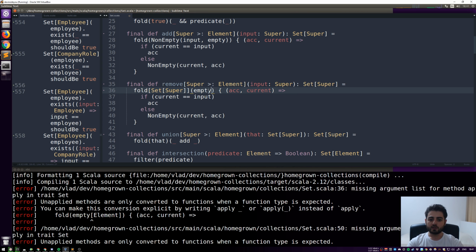All right, now we're pretty much done. We're just going to talk about a few problems that covariance, when used inappropriately, can cause. The first one is a very famous example. Arrays in Java are a mutable collection, and they are covariant for historical reasons, because in the beginning Java didn't have generics, and they really needed a way to make arrays a bit more flexible. Now this means, and this is a very famous example, so what I'm going to do now is